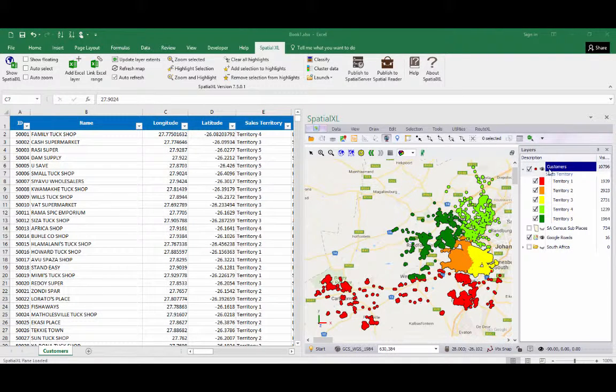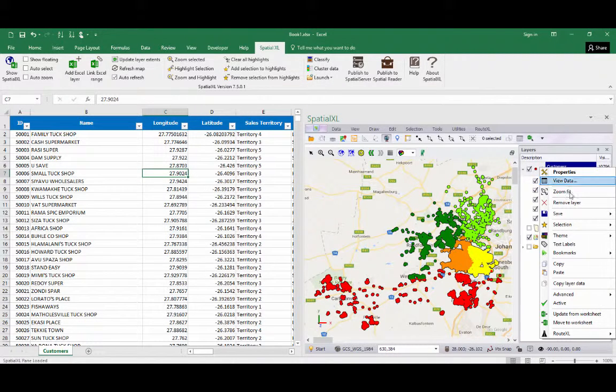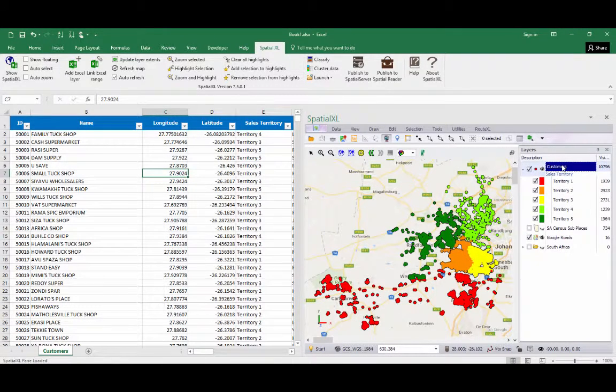If you have any layers in your layer controls that have a number of different themes, for example, here our customer layer has a number of themes and data and text labels we've set up, we can save this layer to our machine. That means if we had any corruptions in our spreadsheet or accidentally removed this layer in future, we could then access this layer again and add it